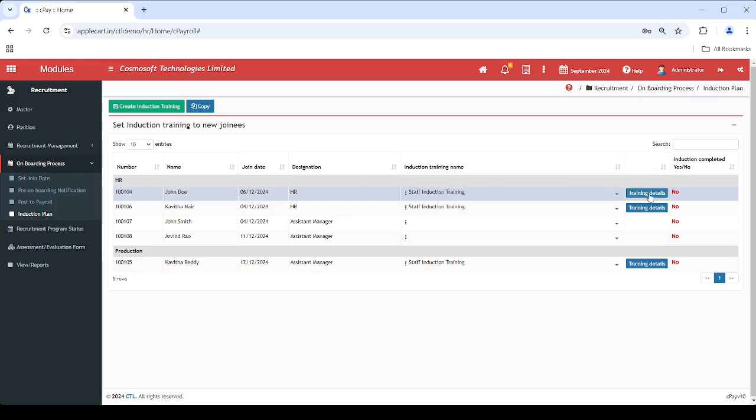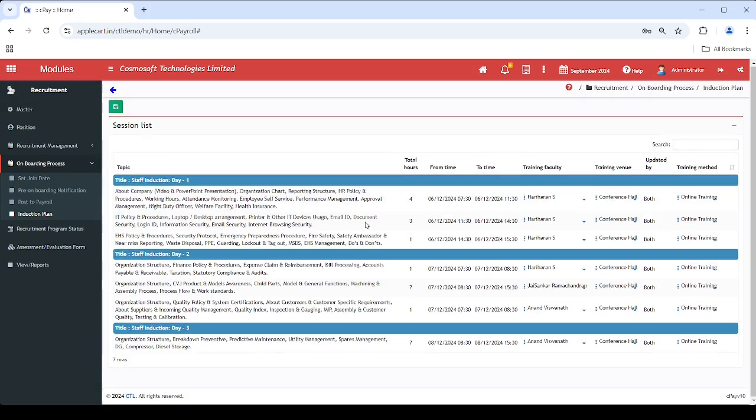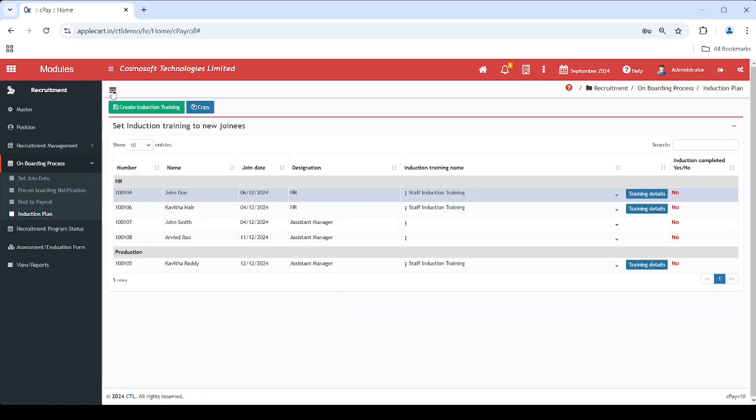The process for conducting induction training is available in the CPay training module. Users are encouraged to explore this module to understand the functionalities and features related to organizing and managing induction training effectively. Now you can see that recruitment management in CPay is handled through simple and intuitive steps, enabling HR personnel to manage the process seamlessly without the need for prior training.